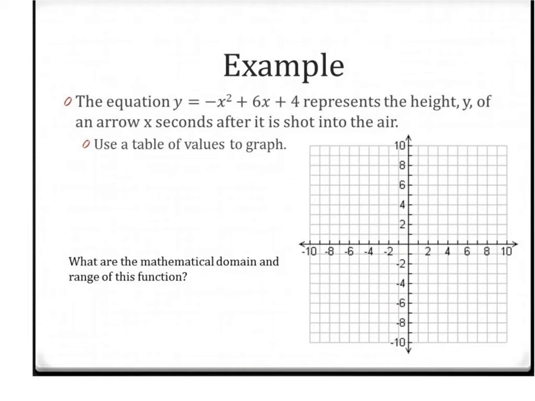Alright, so our last one, we have a real world example here. This represents an arrow being shot into the air where y is height and x is time measured in seconds. Height's measured in feet. And so notice, I wrote those on my graph. We don't typically write them on the graph, but in a case like this, you're really just looking at the first quadrant. So we need to make a table of values,